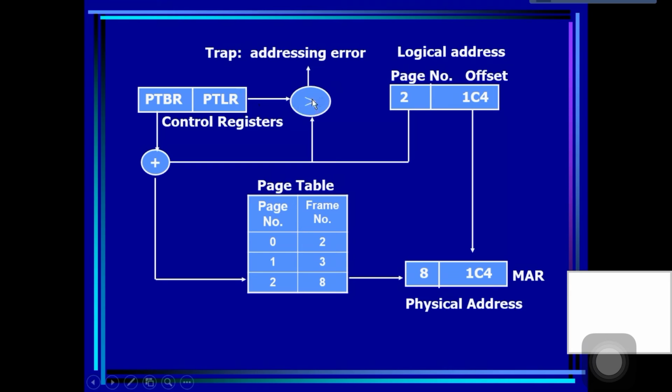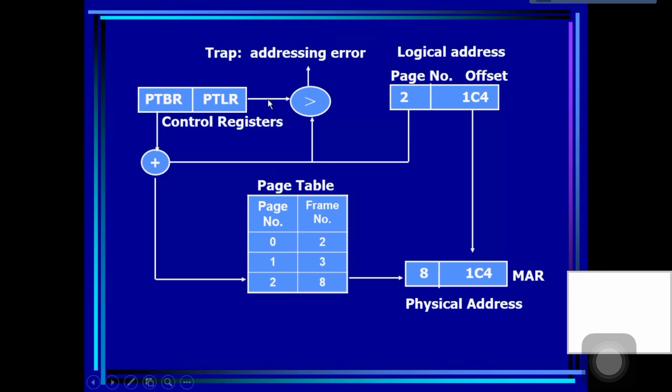Otherwise, it is invalid, and the hardware will trap to the operating system. It is a fault, an addressing error, and the operating system will terminate the execution of the user process